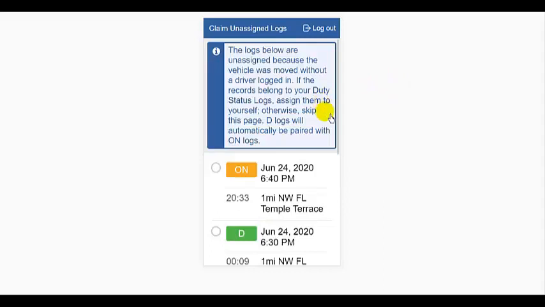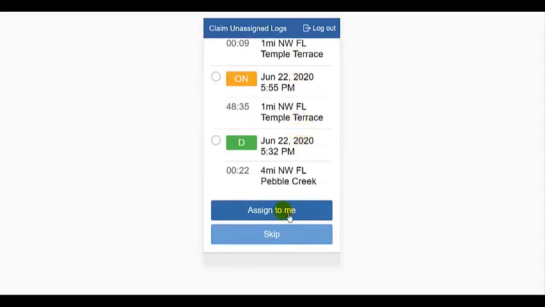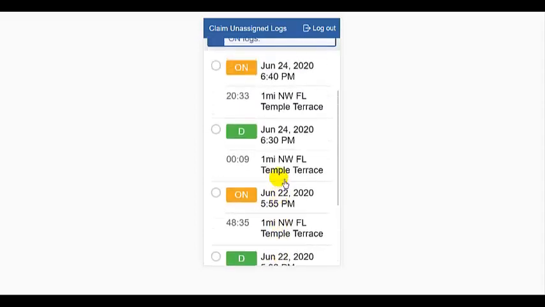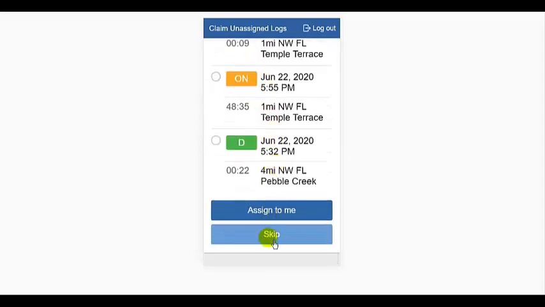It will now show me any automatic logs that were generated when my vehicle was driven that are not currently assigned to a driver. If these are my logs, I can assign them to myself. If not, I can skip them. But once I claim them, they can't be reassigned. So be careful to only claim logs that belong to you. The on-duty and driving logs are paired, so when selected, you get both of them. I'll skip that for now so that we can look at it when we talk a little bit more about